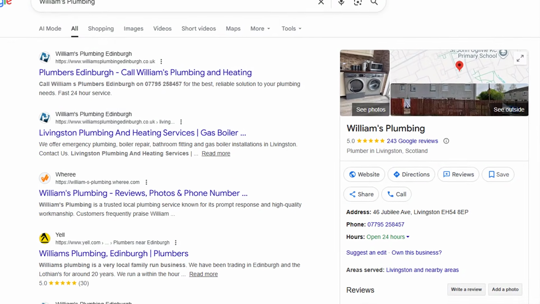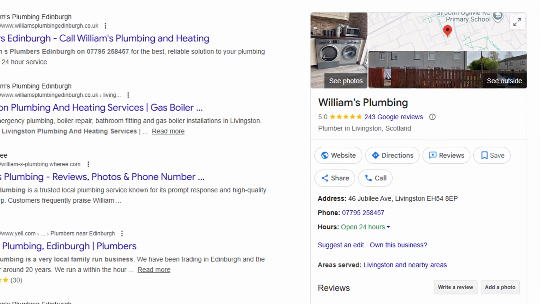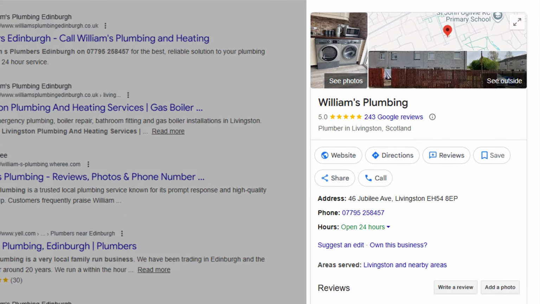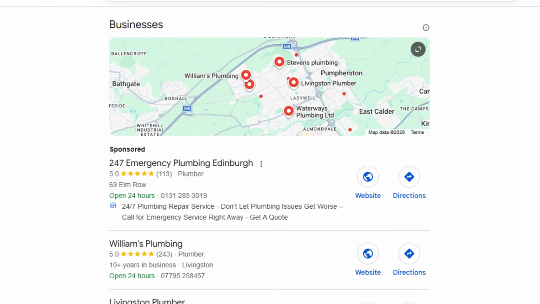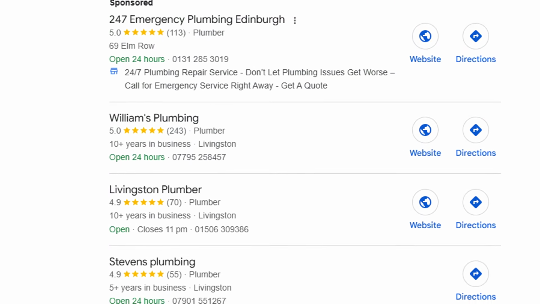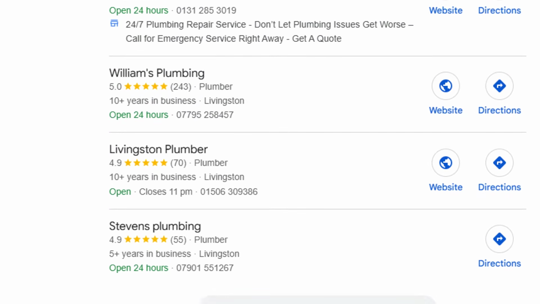Now, for most businesses, the main place that you'll want to ask customers to leave a review is on your Google business profile. And this is because it shows up on the right-hand side of the search results when somebody searches for your company's name. That's why it's got more prominence than the other review platforms, and you want to give it that priority. It's also an incredibly powerful ranking factor if you're a local business that's looking to rank in the maps. Not just because it helps with your click-through rate, although it does, but because reviews are one of the most important ranking factors. The more reviews that you can get on your Google business profile, the better.